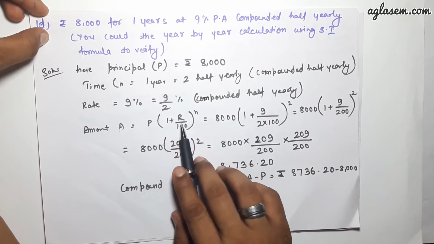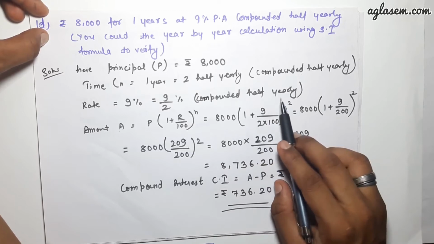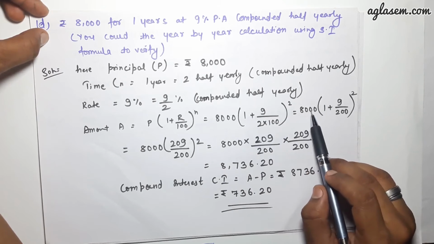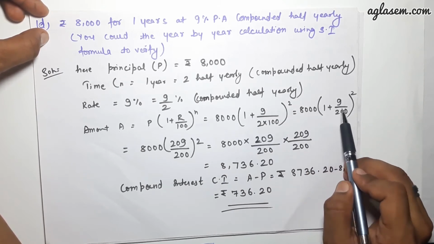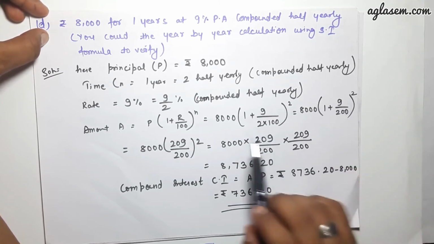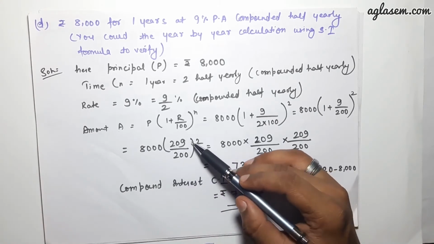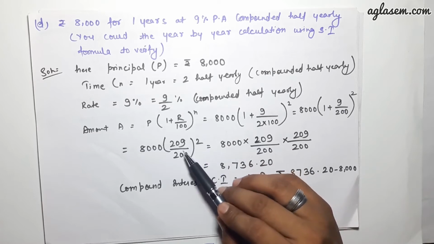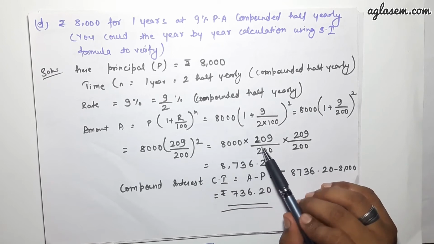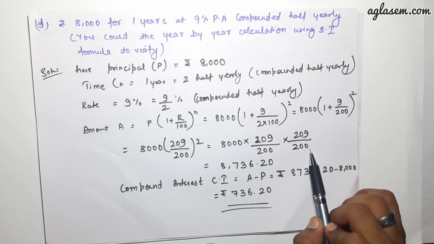So we have to put the values here, that is 8,000 (1 plus 9 upon 2 into 100) to the power of 2. Now we get 8,000 (1 plus 9 upon 200), because 2 into 100 is 200, to the power of time. After solving this, we get 8,000 (209 upon 200) to the power of 2. So we have to solve this: 8,000 into 209 upon 200 into 209 upon 200, we get the answer